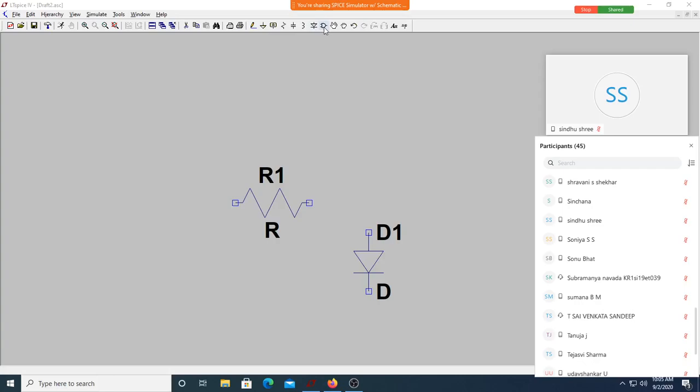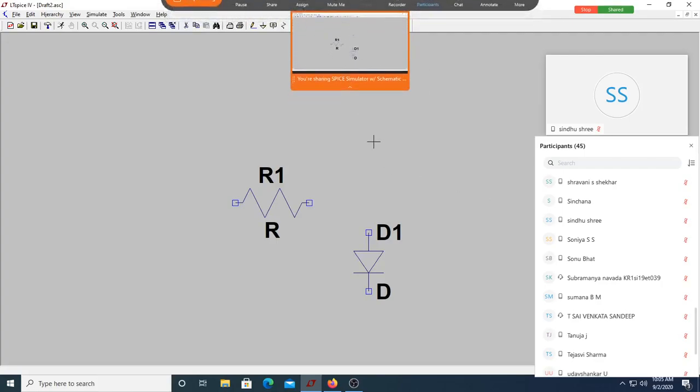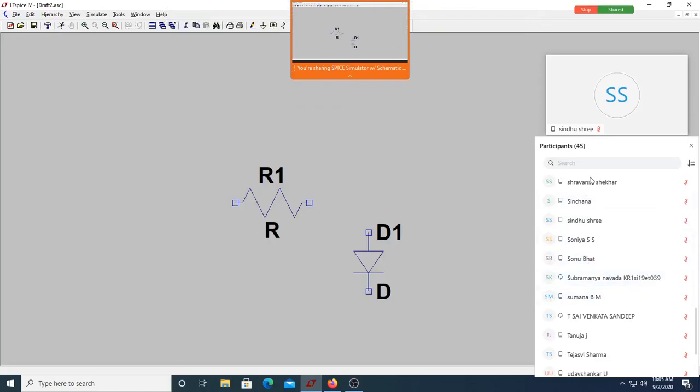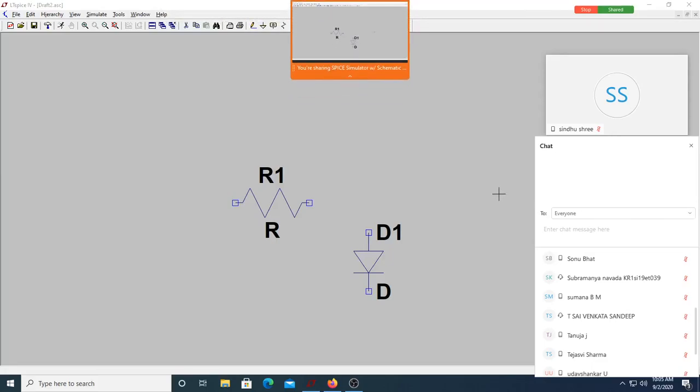The screen is not visible for me. Is it the problem with all of you? I don't think so, because as per this, the screen is visible. Can somebody message? Are you able to see the screen? Just message. Visible, sir. Sumana, why are you not seeing?